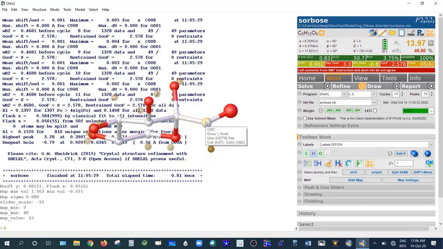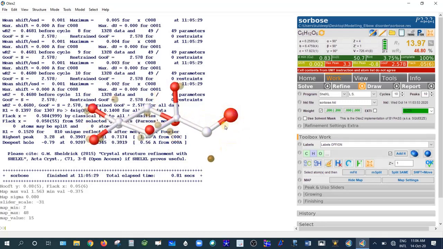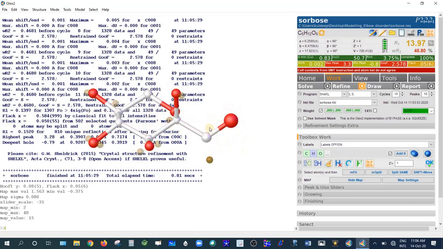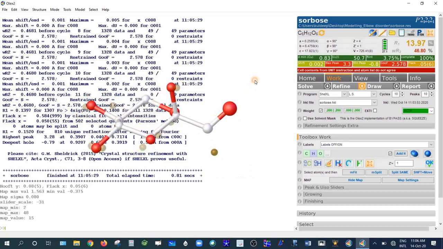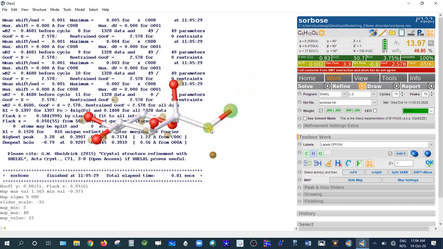It is 0.027. So this carbon atom is also disordered like this oxygen atom. But we are not getting any Q peaks around this carbon atom. But we are getting the Q peak for the alternate position of this oxygen atom, which is Q1, around 3.3 electrons. So for resolving the disorder, choose both atoms, the carbon and the oxygen, because both are disordered.